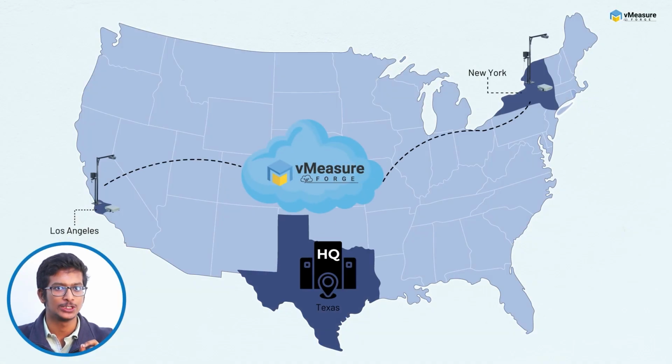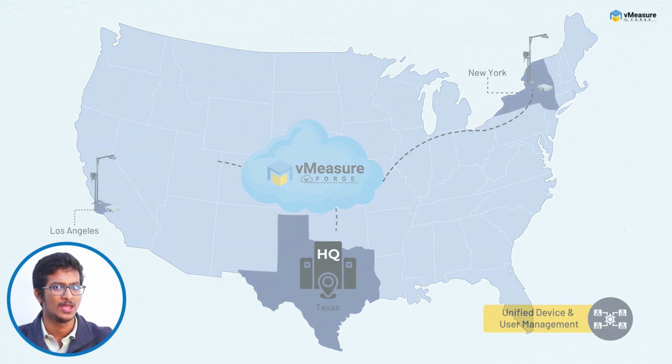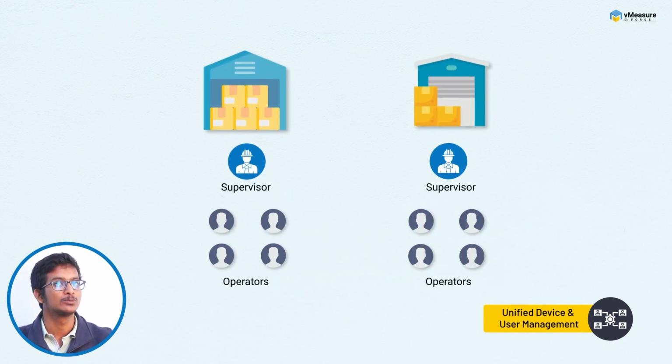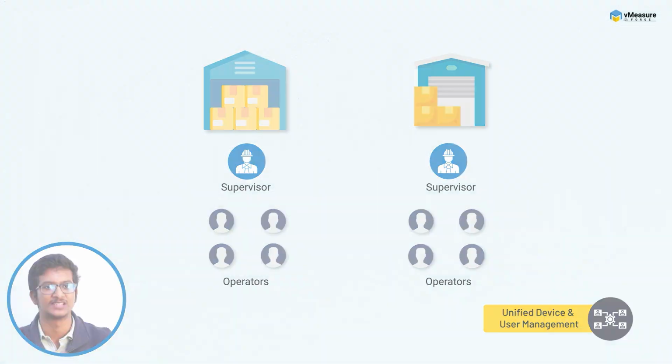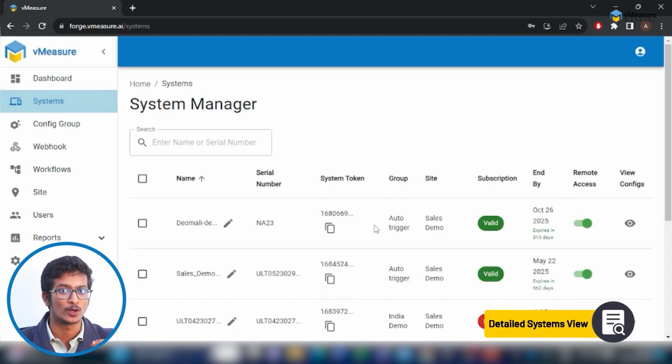vMeasure Forge allows you to manage multiple devices spread across geographical locations from a unified console. You can create sites, users, and map those users to a specific site. Here are the 3 menus that you will be using: Systems, Users, and Site. In the System menu, you will find the list of systems, their configuration, and the site